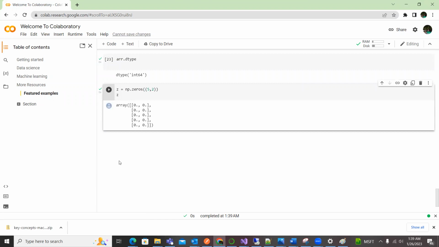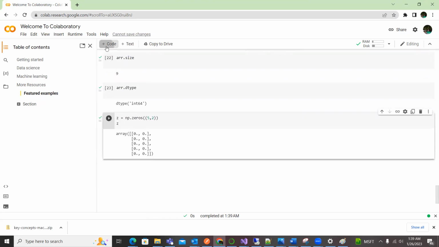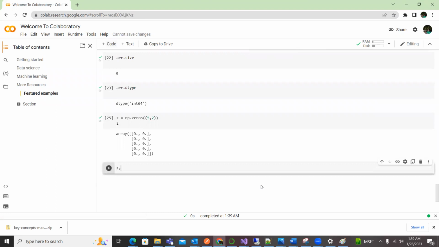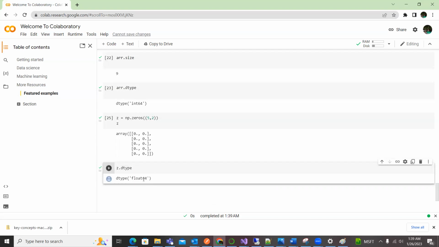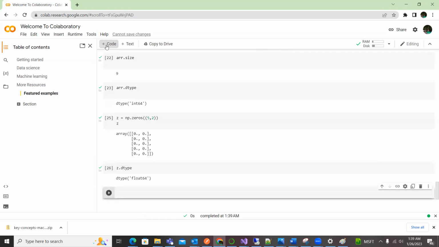Now you can see, if you just do Z dot dtype, what is the dtype over here? Sorry, Z dot dtype. You can see it's float64 and that's why the decimal point is coming. Okay, now if you want to have some ones